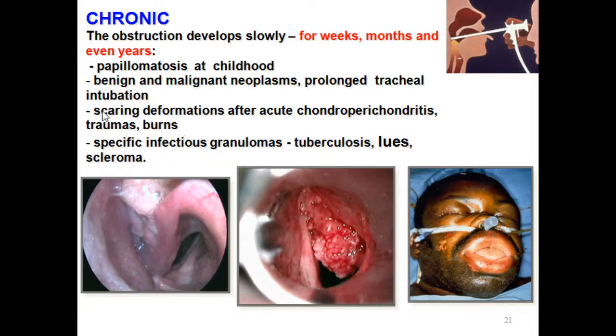And also don't forget about scarring deformation, after acute perichondritis, traumas, and burns. Scarring deformation is